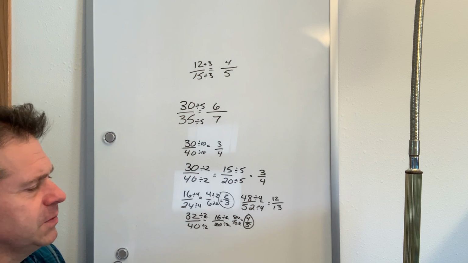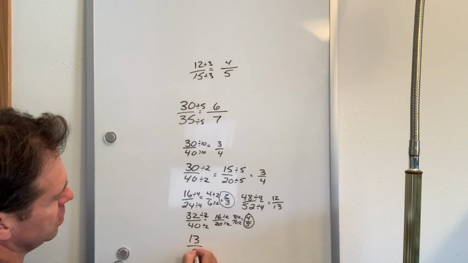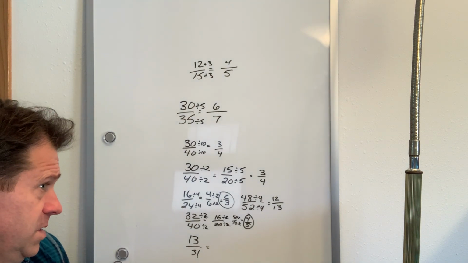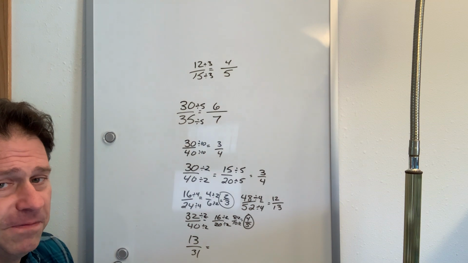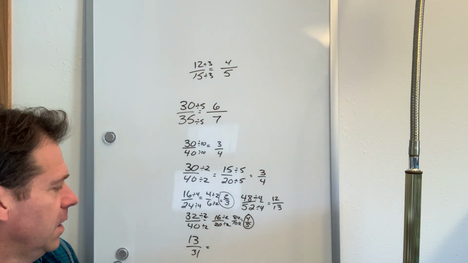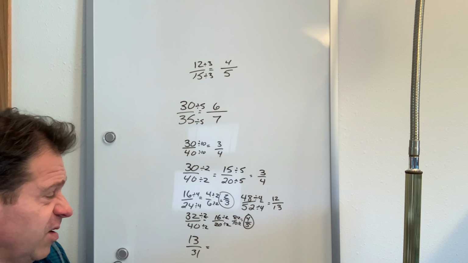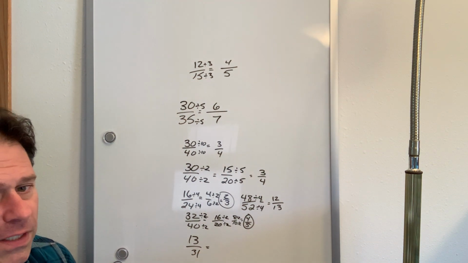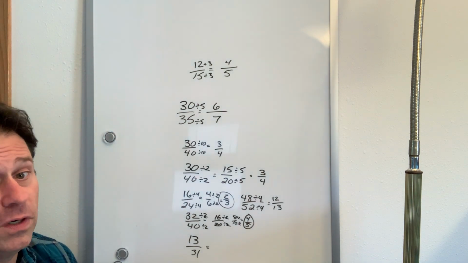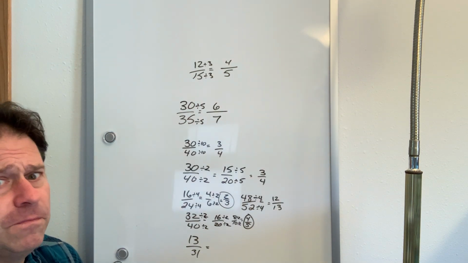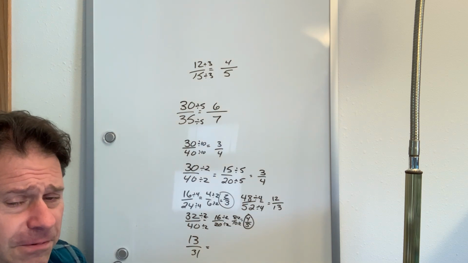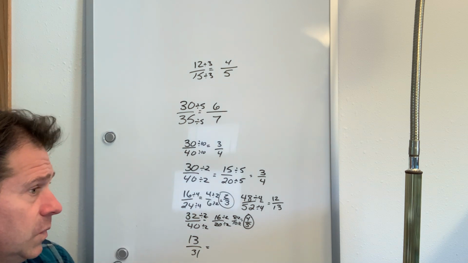Okay. And sometimes when you see something like this, you'll see like 13 31sts. You can be like, simplify that. And you're like, what? And you're going to hear it both as called simplify and reduce. They mean the same thing. Like you're like, huh? What? 13 31sts? No, that is simplified. Don't get tricked. The only factor that they have in common is 1. It's already simplified. So if they're trying to trick you, don't fall for it. Like the IXLs once in a while, they'll come up. I don't know if they do it randomly or not, but they'll give you one to where it's already simplified, and you'll be like,